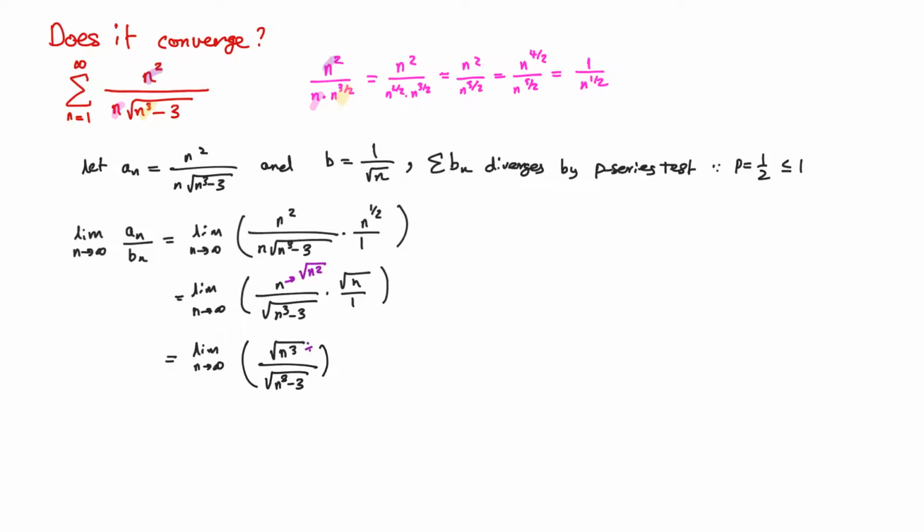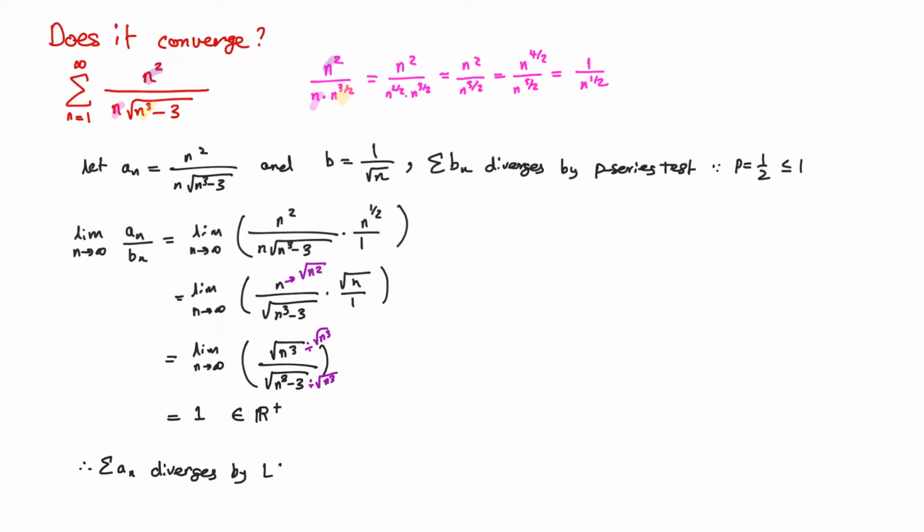Now if I divide both the numerator and denominator by root n cubed, or n to the power of 3 over 2, as n approaches infinity, I will end up getting a value of 1. I know 1 is a real number, which is positive, it's not equal to 0, and therefore series A diverges